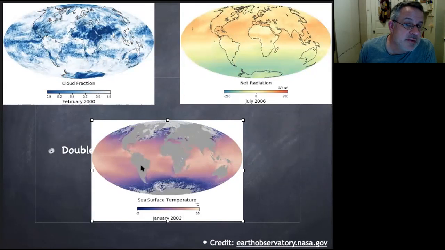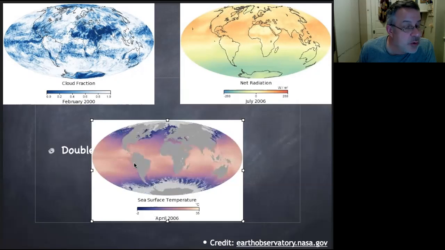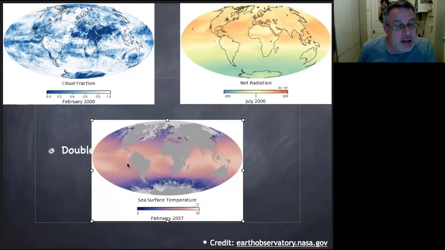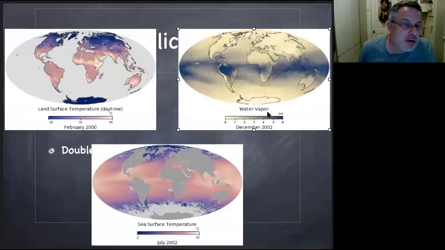And so the sea surface temperature that responds to that is relatively complex. It depends on the radiation, it depends on the clouds, it depends on the sea surface temperature and how much is radiated out. And it depends, of course, on the currents and mixing, the side that we're thinking about when we think about oceanography. The land process also involves things like spring greening, all those kinds of things. The water vapor depends on the wind speed, the air-sea temperature difference, the precipitation. There's a lot going on when we think about a seasonal cycle.